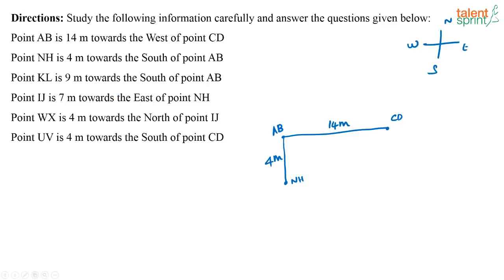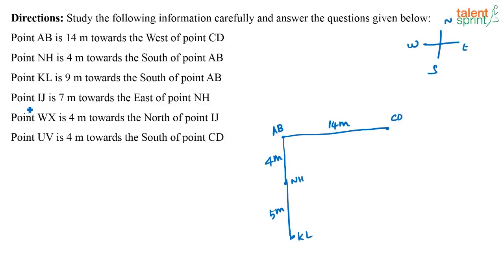Point KL is 9 meters to the south of point AB. So if this is point KL, 9 meters to the south means this, right? I already know this is 4 meters, so this has to be 5 meters. This full distance is 9 meters because KL is 9 meters to the south of AB. So if this is 4, then this has to be 5, because 5 plus 4 is 9. Next,